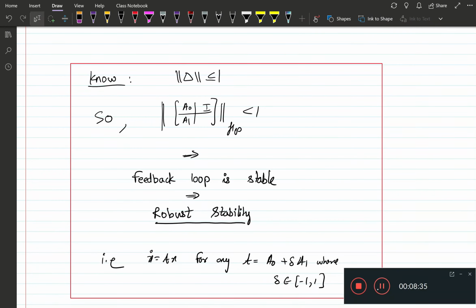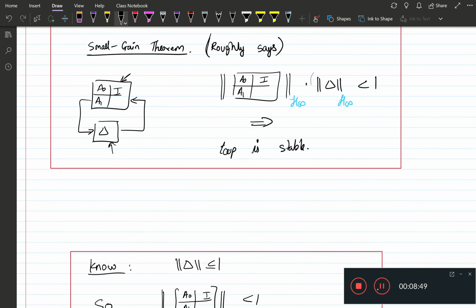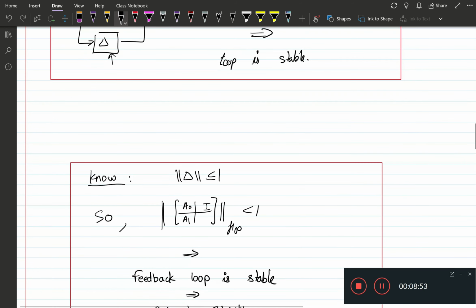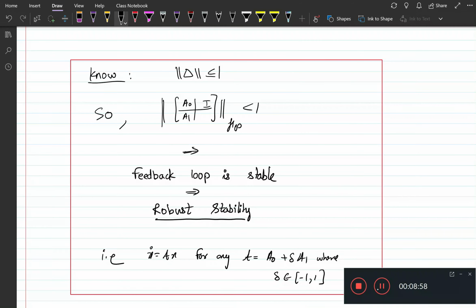Now we know something more about the delta block. If we know something more about the delta block, such as if the delta block has a norm less than or equal to 1, then this small gain theorem condition would just be 1 at most, and then by the small gain theorem, if the H infinity norm of the upper block A0, I, A1 is less than 1, then the feedback loop is stable. This for any delta